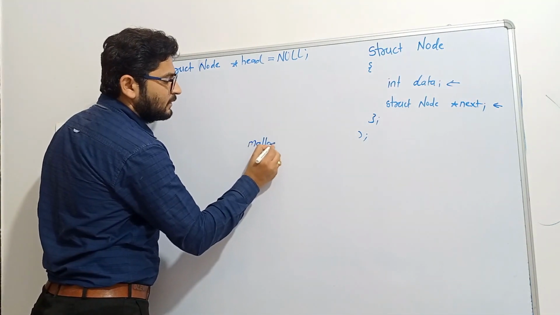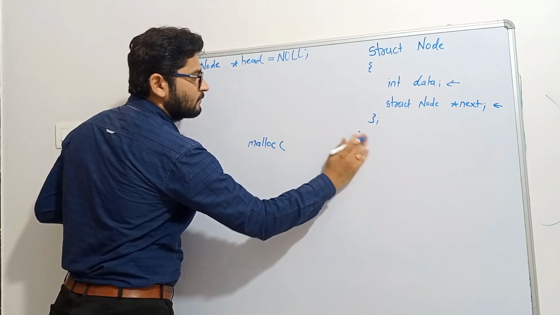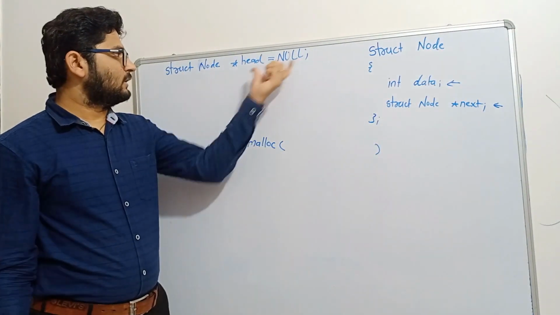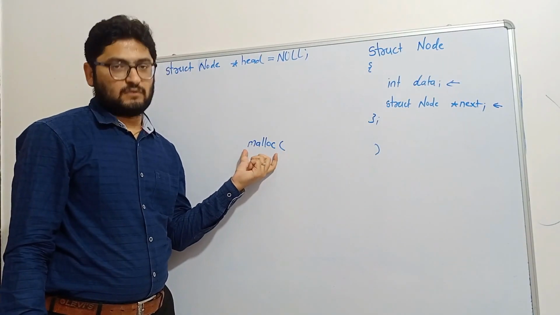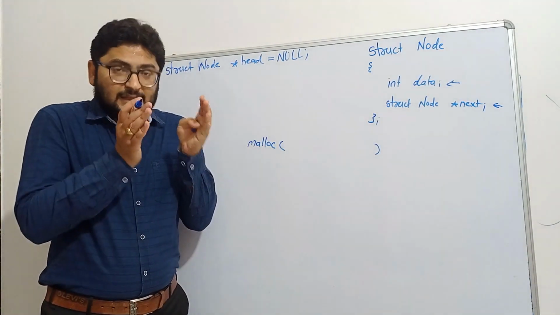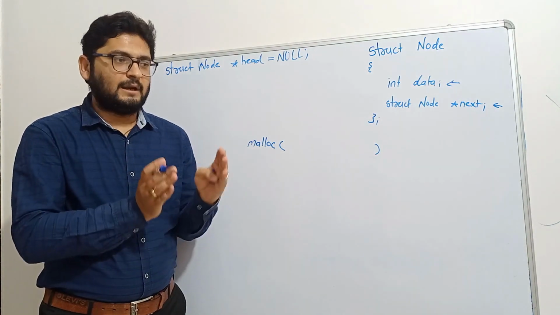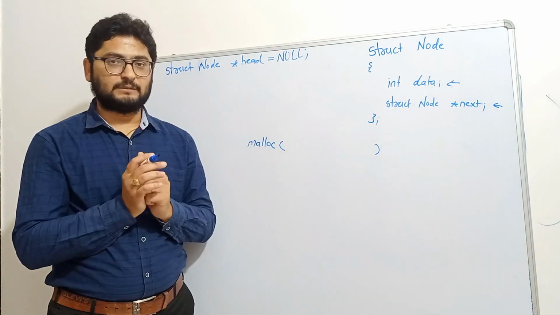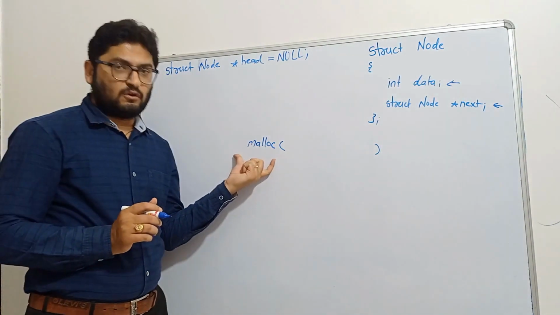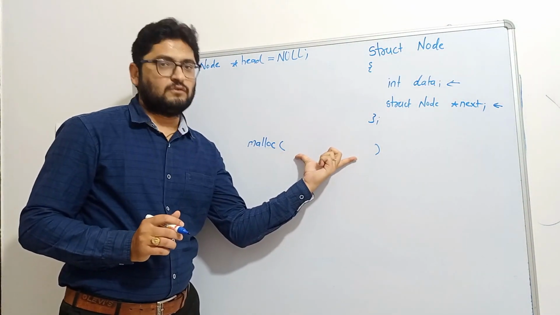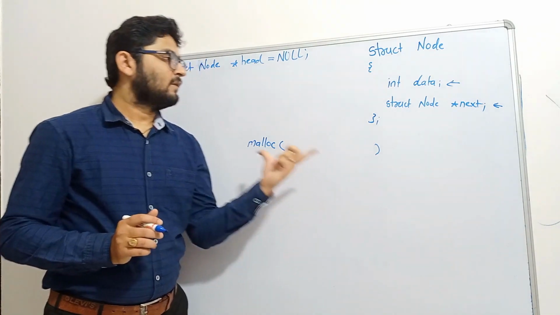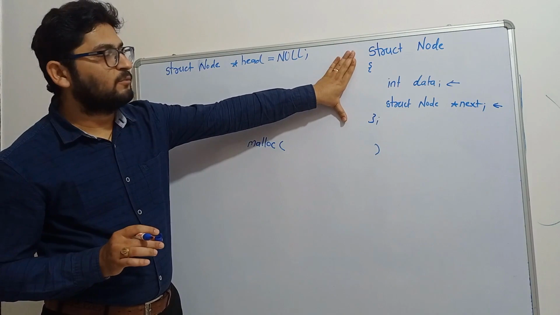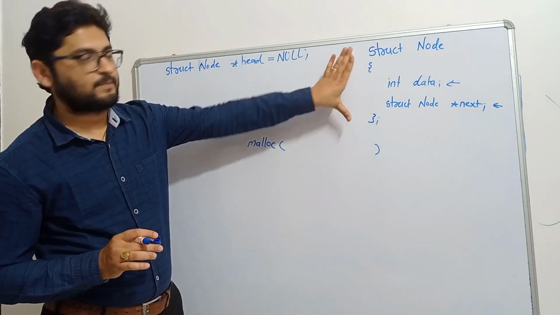That is nothing but the memory allocation function. To create the node in the linked list, we use the malloc function. In the linked list, we create nodes at runtime, and for creating a node at runtime, we use malloc. Now, to use malloc, you need to give the size of the memory block you want. You want a memory block for this node, right? That's why you need to find out the size of this struct node.